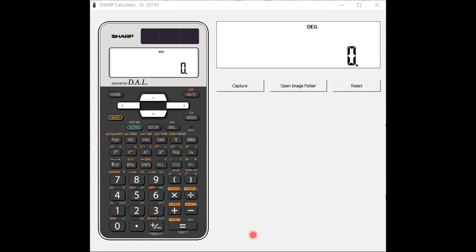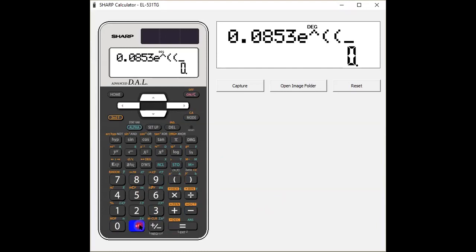So to do this question, we say 0.0853. Second function, exponential. The exponential is right there above the ln. Then we open brackets. Then we open brackets again. We open two brackets. Then we say 0.0677 minus 0.0